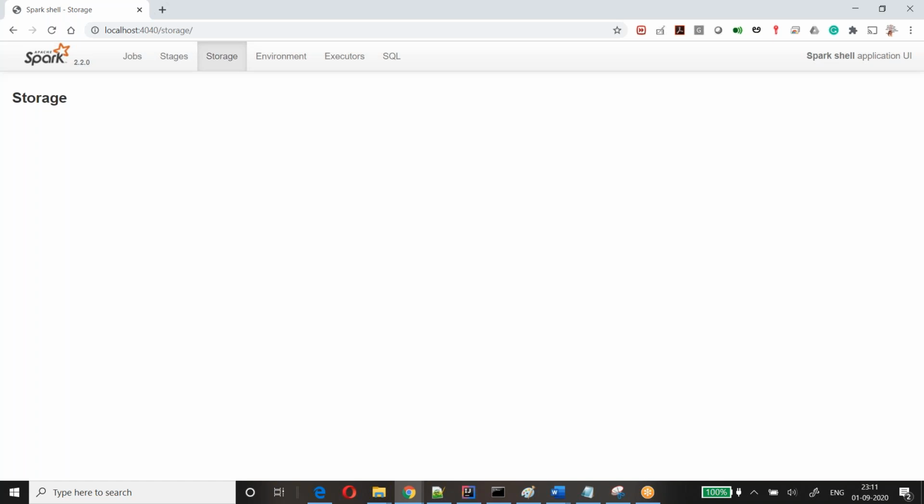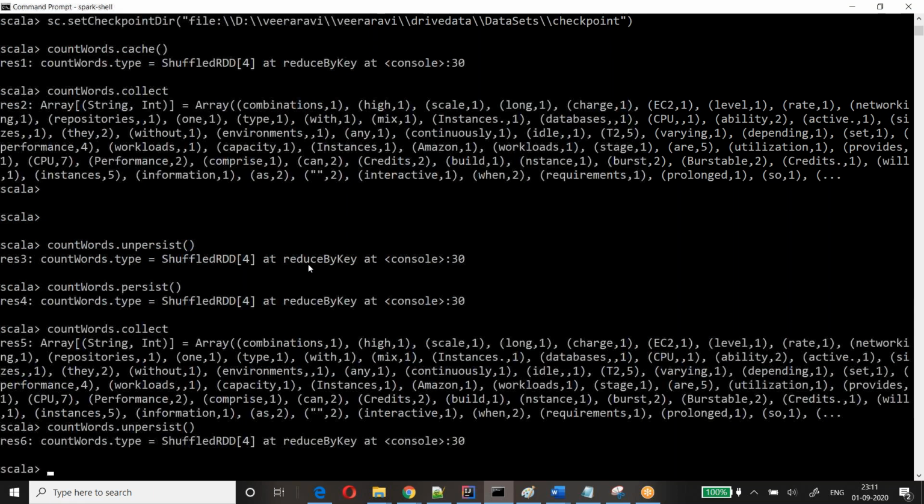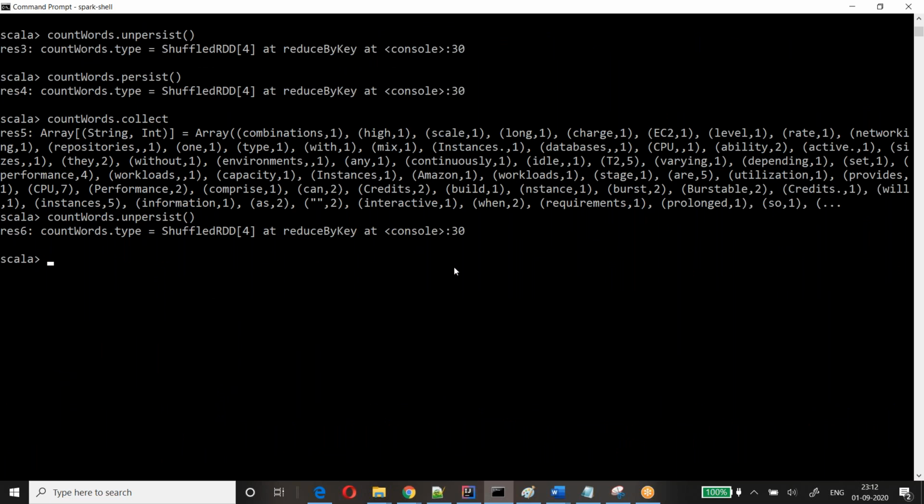Okay. So now I have shown cache, persist, unpersist and all. It clearly cleans the data, right? Let's move on and check the checkpointing directory. I have already set the checkpointing directory. This is my checkpointing directory.